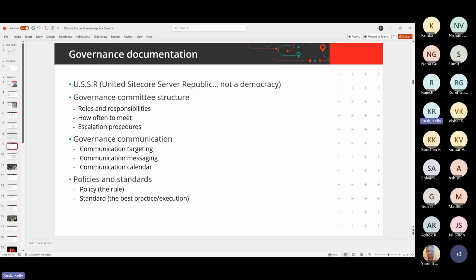And you're going to have your governance communication, because if you document something but never communicate it, no one's going to follow it. It's like if I have traffic rules, but I never put stop signs out, it will be a mess out there, right? We don't want to have people bumping into each other. So we want to make sure we communicate that and target the communication. And we're going to talk about what this looks like momentarily.